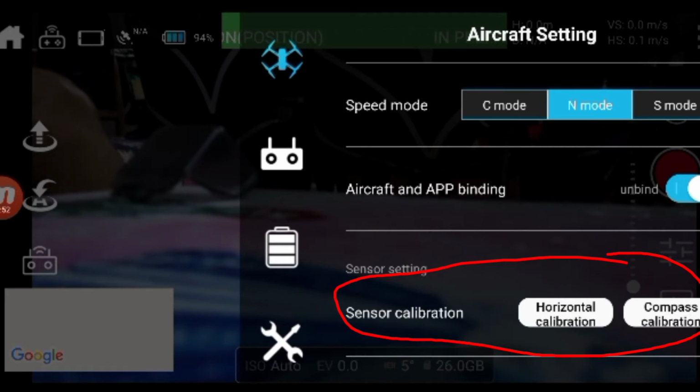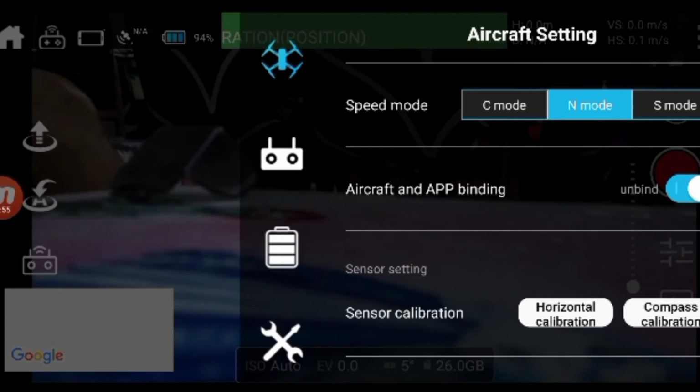But surprisingly, when I fly my drone for the first time, the drone didn't ask for any compass calibration, so I was very impressed with the drone. So I think you don't need to calibrate it all the time before flying. But it's up to you. If you want to fly safely, you can calibrate its compass. But for me personally, if the drone did not ask for calibration, I would not calibrate its compass, because it's not asking for compass calibration anyway.